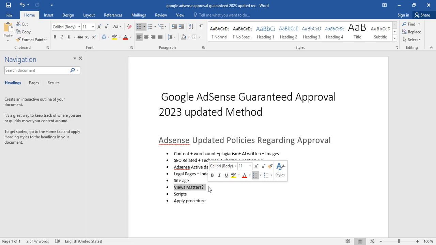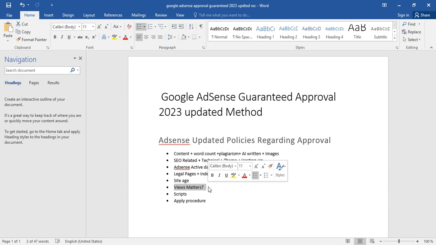One view is this. Okay, the second view, in my second opinion, is if you don't have traffic, why will Google give you approval? What exactly does Google want from you? For example, why will Google rent you something that you cannot sell? Why will Google give you something that you cannot sell? If you don't have buyers, why will Google give you approval? If you don't have visitors on your website, why will Google give you approval? Google won't give you approval if you don't have users.